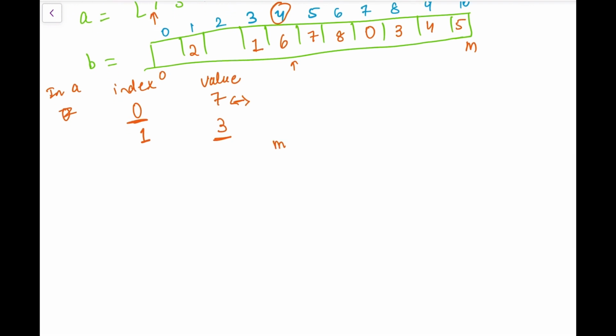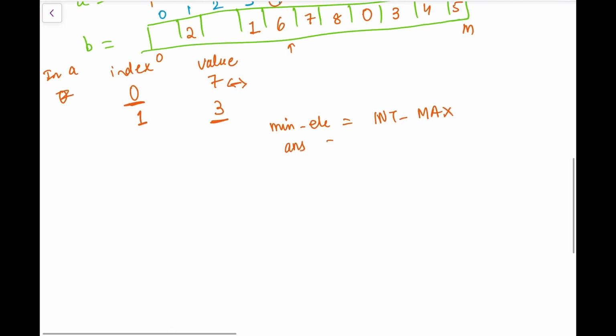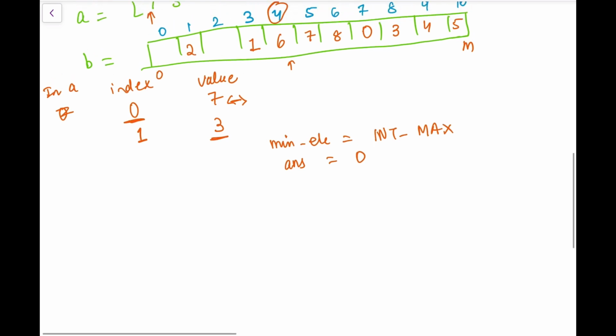So let's have minimum element equal to int max, as we have to minimize the minimum element. I'm initializing it with the maximum value.